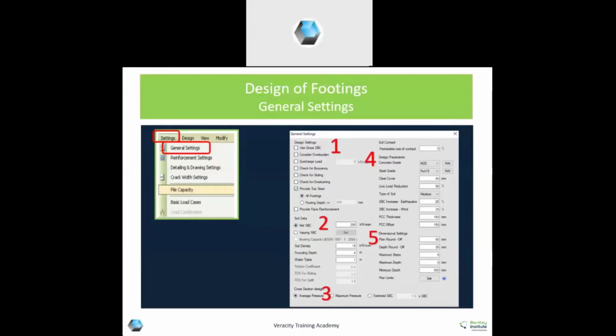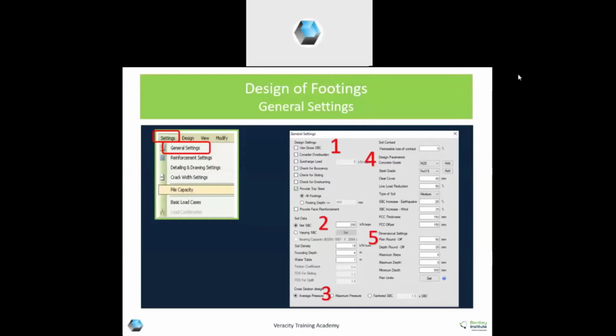Permissible loss of contact. For buildings, permissible loss of contact is 0%. We don't allow any tension in our footings, but some of the other codes allow up to 20%. So for that, this feature is there. But if you are designing as per Indian code, the loss of contact has to be 0%.